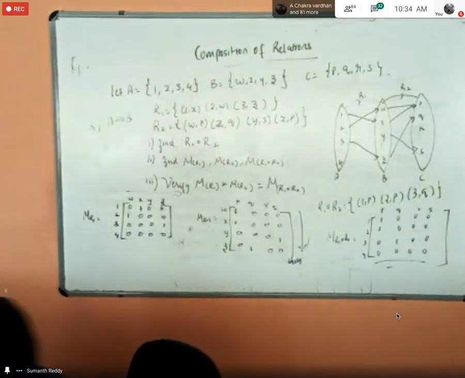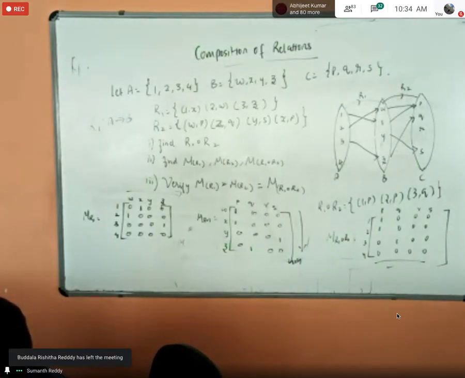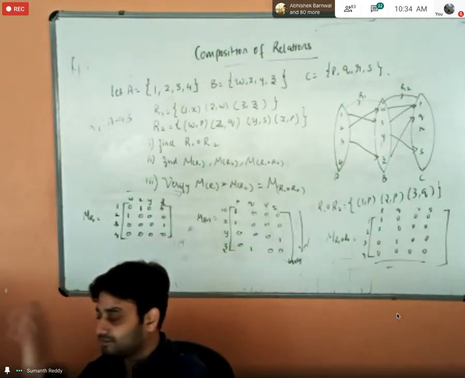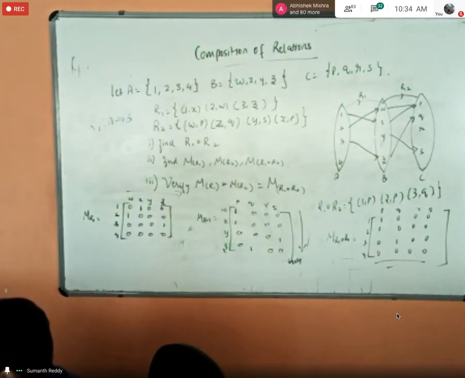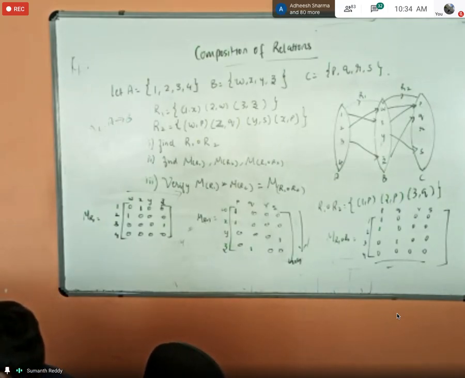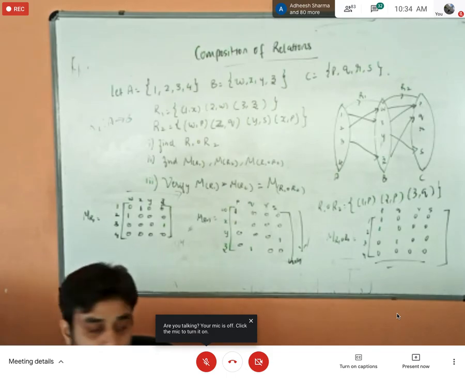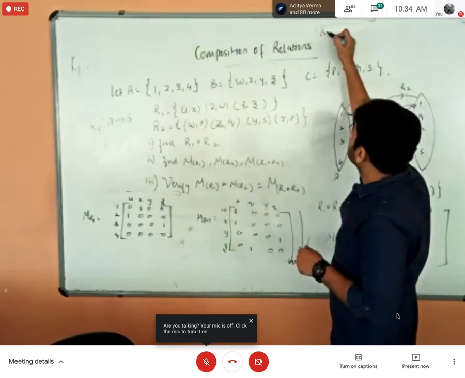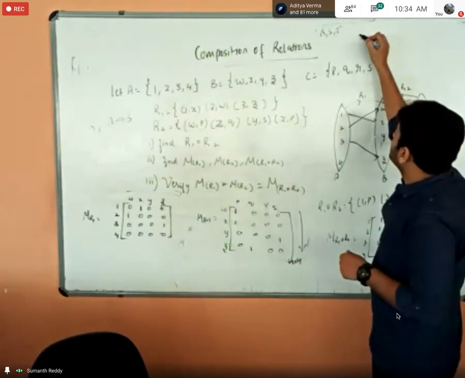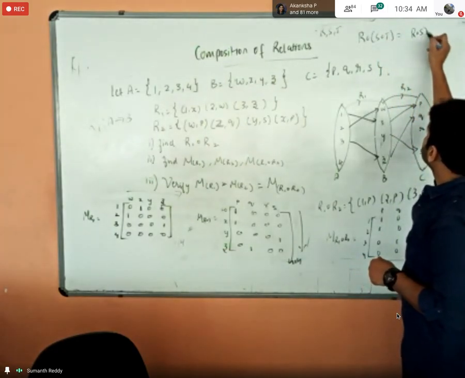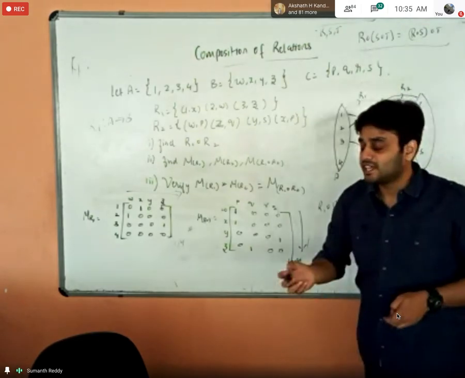Any doubts here, students? Any problem on the composition of relations, I think you can easily solve, right? Actually, there is one important theorem in the composition of relations. He will ask whether the composition of relations is associative or not. Associative in the sense you already know, right? If I have three relations R, S, T, to check the associative law, I need to check whether R composition of S composition of T is the same as R composition of S composed with T, right? So usually he will ask this theorem.